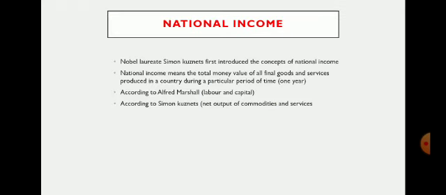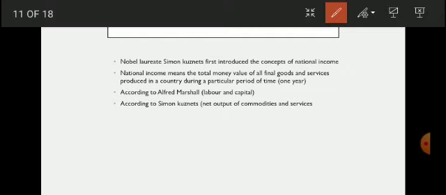Okay. Next, national income. In national income, you have to remember this is the most important lesson. In this lesson you have to remember the two important definitions, two authors. Okay, one is Simon Kuznets and one is Alfred Marshall. Simon Kuznets was the first to introduce the concept of national income. Okay, national income means the total money value. I have already told you national income is nothing but the money value of all final goods and services produced in a country